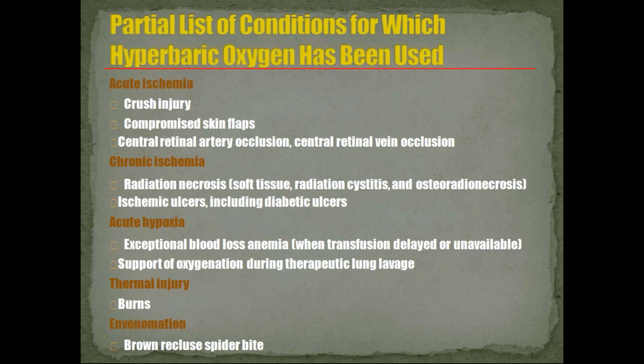Acute ischemia in cases of crush injury, compromised skin flaps, central retinal artery occlusion, central retinal vein occlusion. In chronic ischemic cases like radiation necrosis, ischemic ulcers including diabetic ulcers, acute hypoxia, exceptional blood loss anemia, support of oxygenation during therapeutic lung lavage. In dermal injuries like burns and envenomation,